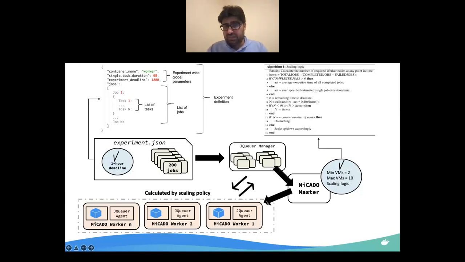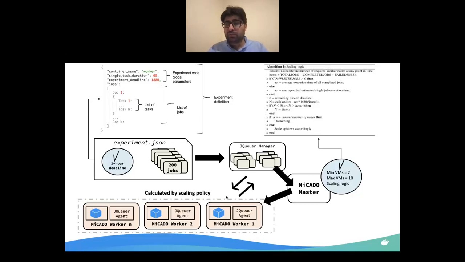It will determine how many virtual machines or worker nodes at any point in time will be required, such that the experiment should be completed within the specified duration, for example, in this case 1 hour. So initially it formulates this number of worker nodes based on the provided estimated duration.